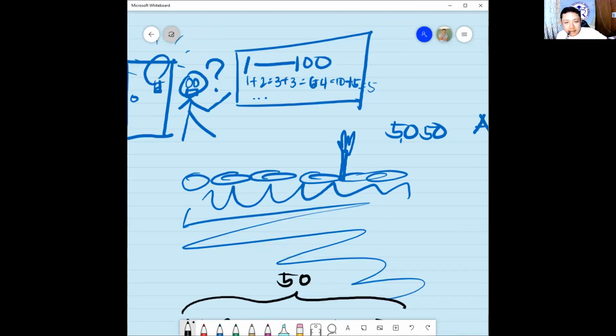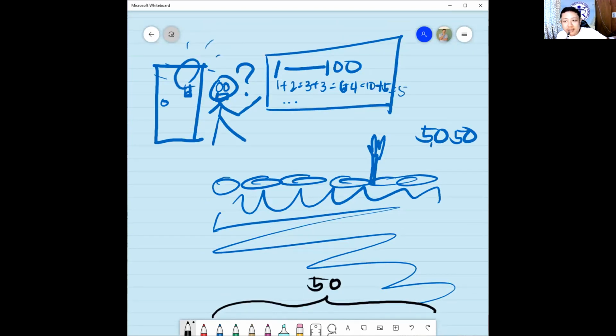Because he underestimated the children. And because of his lazy thinking, instead of teaching the learners, he learned from this one learner. And actually, this is a true story. Ayan. It's a true story, only the dialogue here was made up by Sir Orlan, I just animated it. And this boy who was able to get this 5,050 in no time is Carl